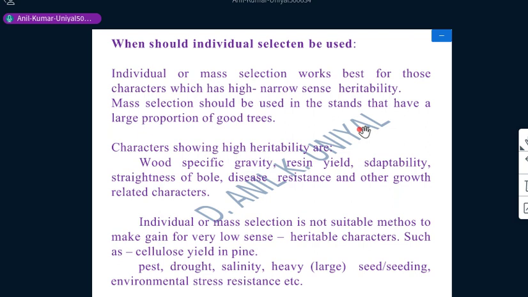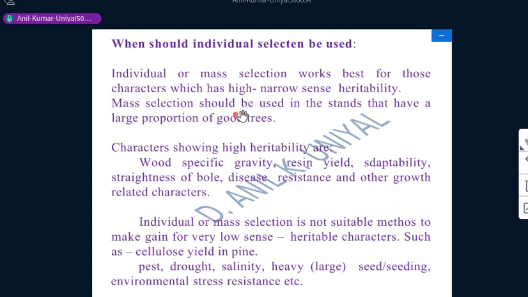However, some measurable characters come under broad sense heritability, and these may or may not be transferred to F1. Suppose the F1 is growing in quite different or adverse climatic conditions, then there may be a chance of poor performance in the new sites. Their parents may have large height or quite broad diameter, but in the adverse condition their performance could be affected. So that's why they come under broad sense.